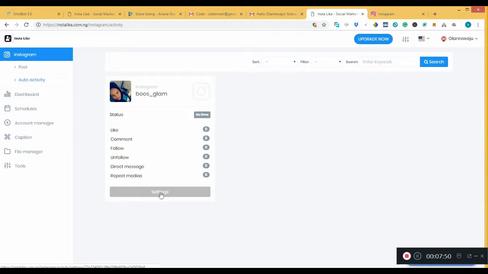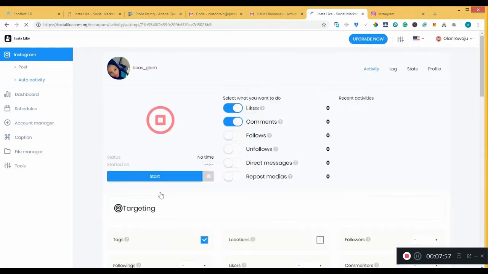This is totally safe. Nobody is stealing your password, nothing. Then you click on settings. This is where you see everything that you need to do. Likes, comments, you automate everything and set everything all up. So depending on what you want,